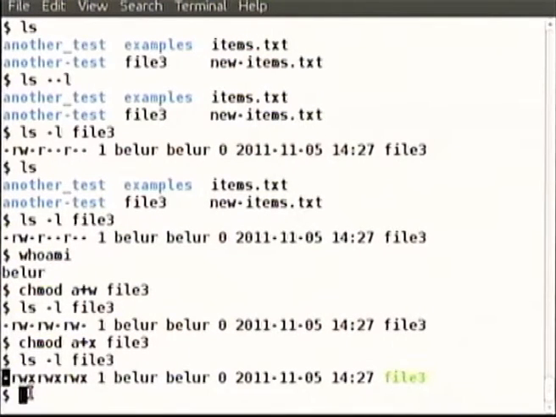It means this first character is supposed to say whether it is a directory or not. There are some other letters which are very hard for me to understand, but there are some other letters also that are possible there. But dash means file, the most common. Notice that because you have given execute permission, now your terminal has suddenly shown a different color, rather smartly. It thinks that now it is a command to be executed. If it were a directory, a different color; a non-executable file, one color; and an executable file, another.